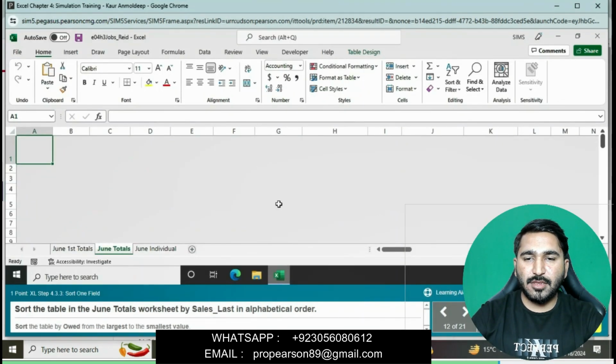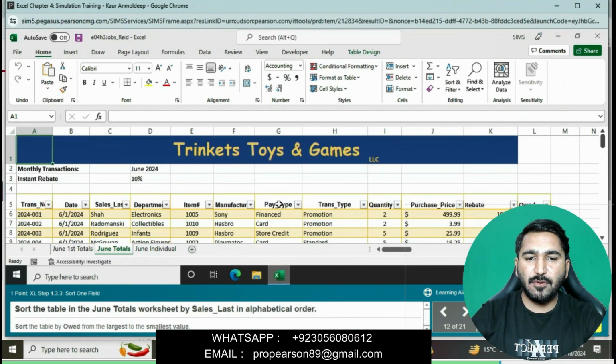Sort the table in the June Total worksheet by Sales Last alphabetical order. Click on Sales Last and then go to the Home tab. In the Editing group, click on Sort and Filter.